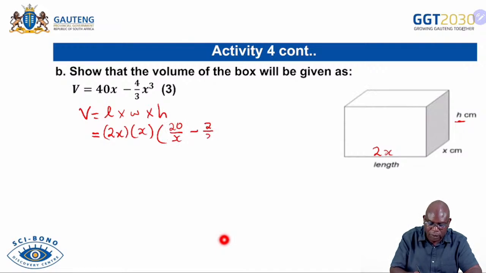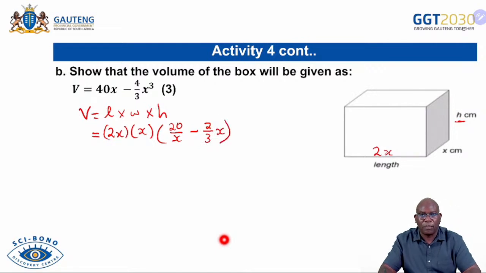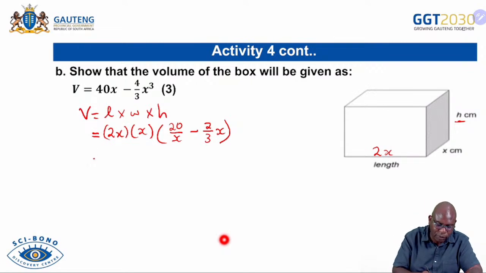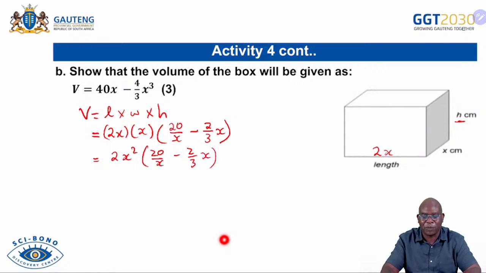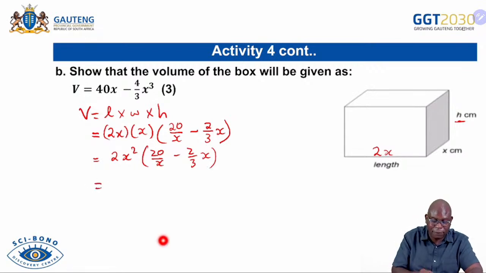It's 2 over 3x. Multiplying now. Okay, so how do I multiply that now? Simplify this. I'm going to get 2x squared here. I'm still going to have my 20 over x minus 2 over 3x. I must multiply out the brackets now. I don't remove the brackets, I multiply out the brackets. Okay, right. So now I'll have